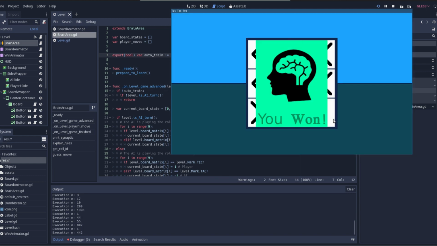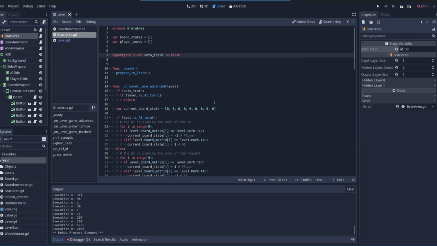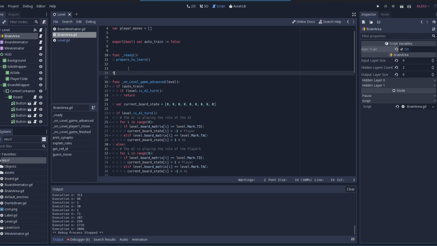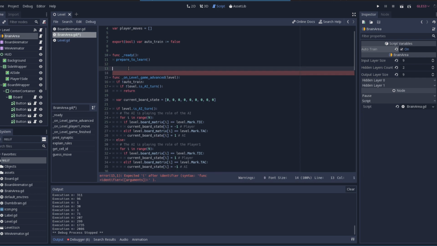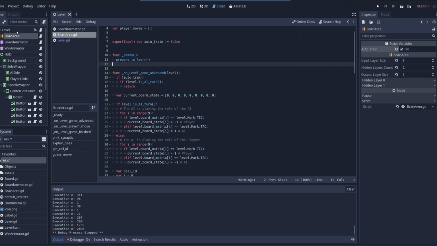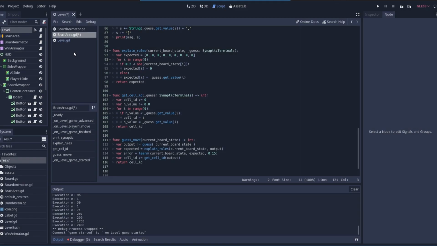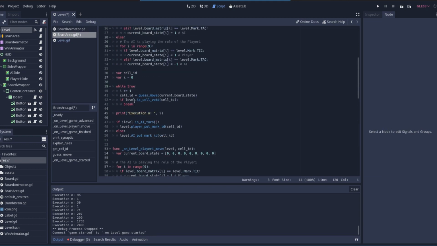Again, one thing that I can do now is, instead of waiting for me to put a tick, I have a really good signal here that is called game started. Yes, exactly. So when the game starts,